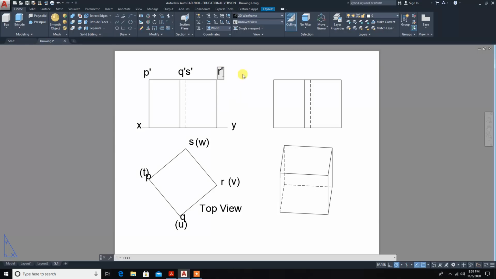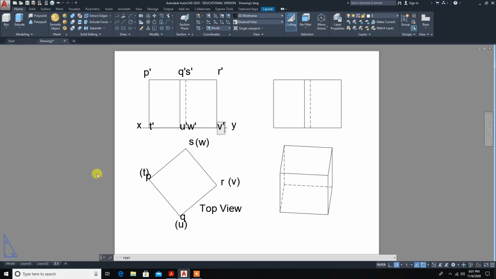Here the bottom marking will be T dash, and this will be U dash, and next one is W dash. That dotted line is W dash, and this last one is V dash.